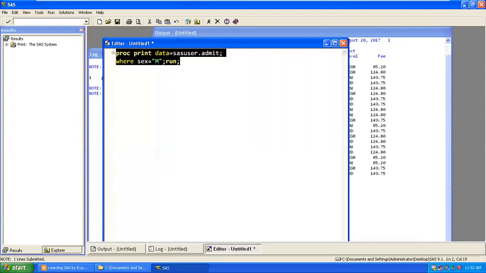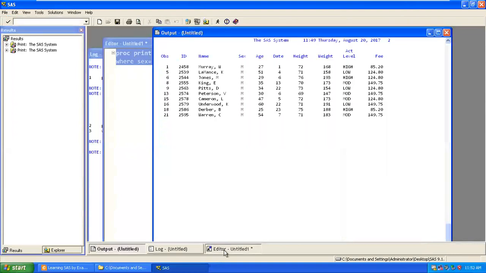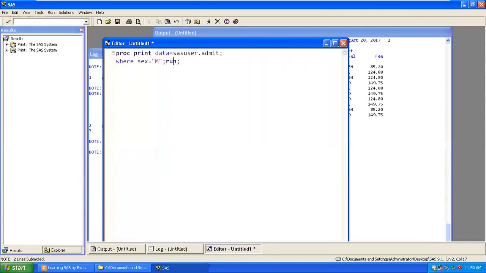Now try to execute. Now it works, correct? Now try to use the if condition instead of where, correct? Now see, your color is not getting changed. So if is not allowed anywhere in a proc statement, except only in proc report.